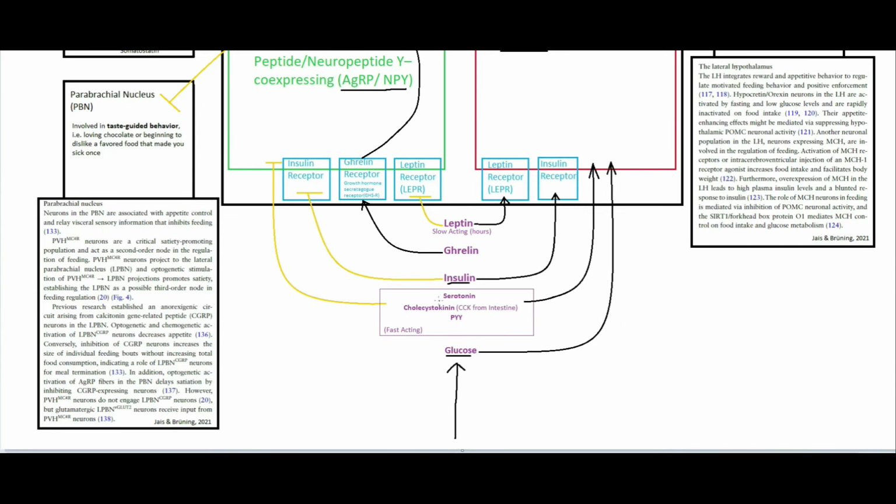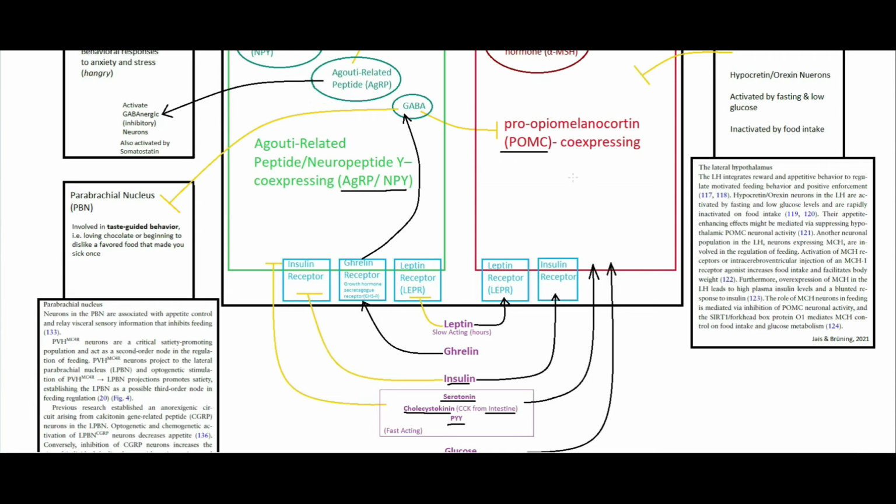And these are what they call the fast acting signals: serotonin, cholecystokinin coming from the intestine, and this PYY, that peptide YY, are fast acting, and they signal once again to activate these stop eating neurons and inhibit